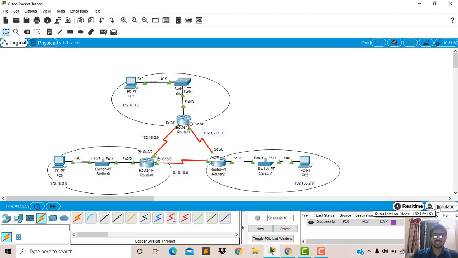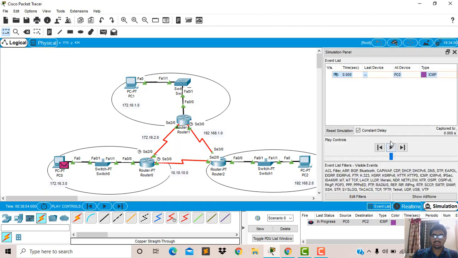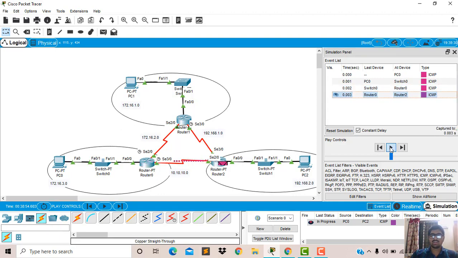There are two paths I have set before, router 0 to router 1 and router 1 to router 2. Now we will see from which path the packet is going to PC2. And now we can see the packet is going straight on the path router 0 to router 2.